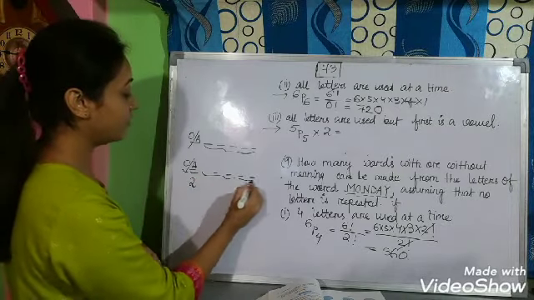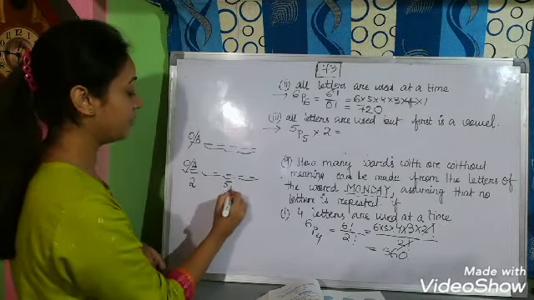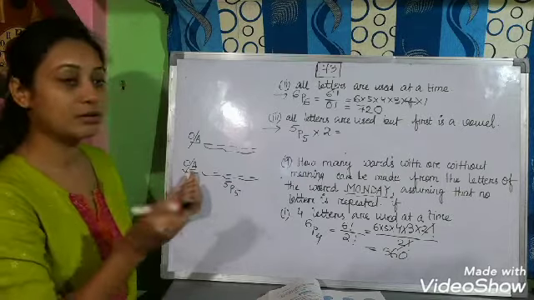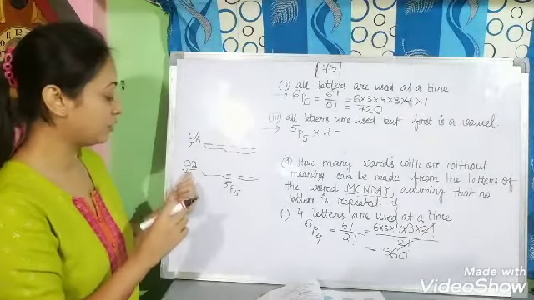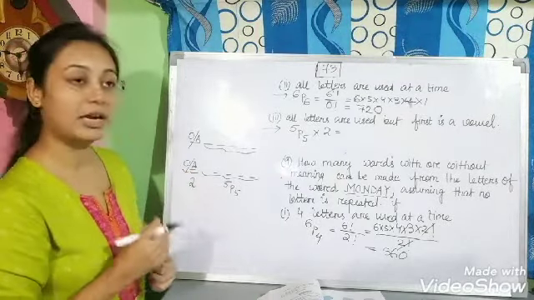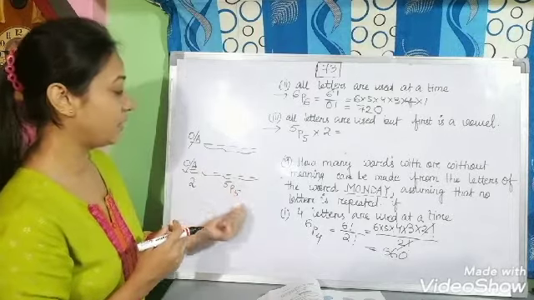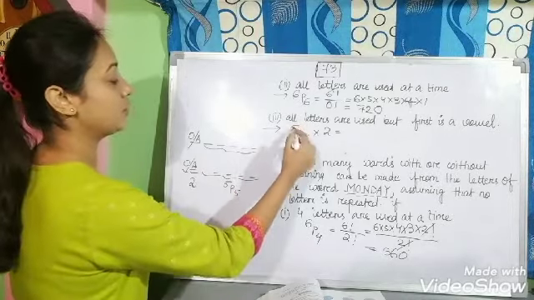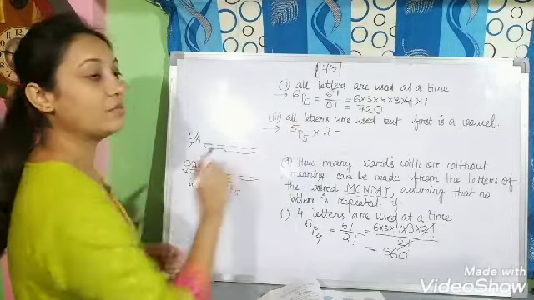And the remaining 5 places can be filled up in 5P5 ways, because one vowel, that is one letter, you will already write here. So remaining how many are there? 5. So 5P5 ways, and hence total is equal to 5P5 into 2. Why 2? Because this is the permutation for a definite number of objects, and this is the permutation for another type of objects. So total permutation will be equal to 5P5 into 2.